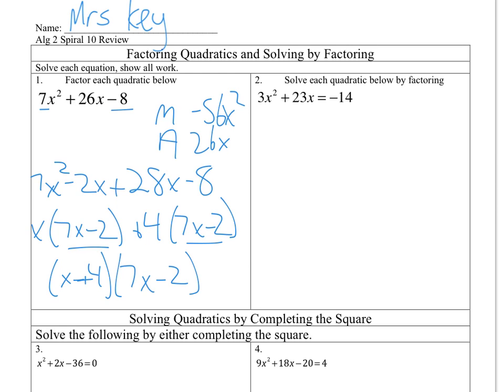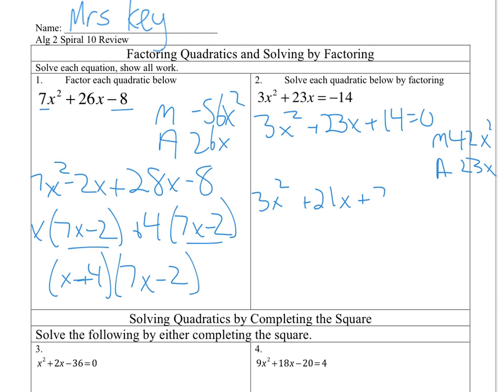Solve each quadratic below by factoring. Sorry, for the last one, I'm done because it's not an equation, it's just an expression. This one, solve by factoring. To factor, I need a 0, so I need to make this equal to 0. Plus 14 equals 0. 3 times 14 is 42, so I need to multiply to 42x squared and add to 23. I feel like that's 21